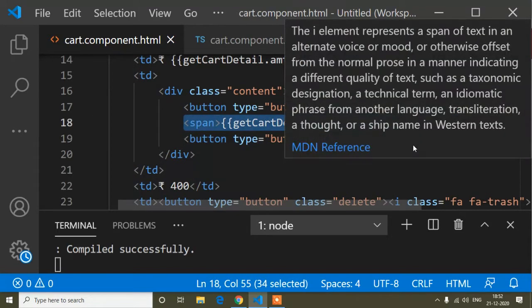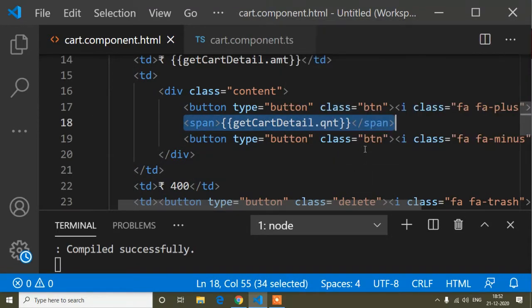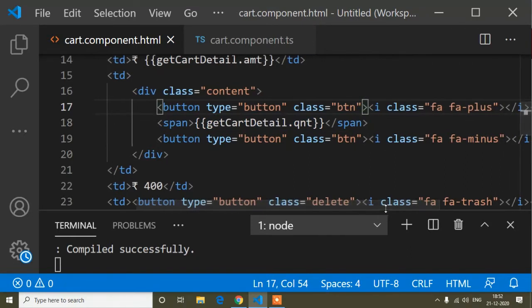In the previous tutorial I showed you that, so if you are getting confused, you have to watch my previous tutorial step by step. Now first of all I will write the increase function. Here I have to write the click method equals to inverted commas, and write a method name.